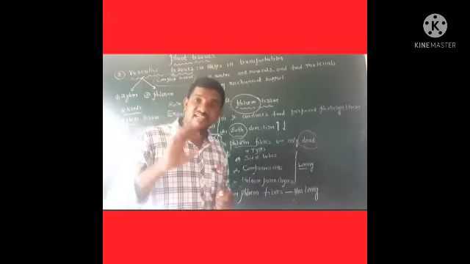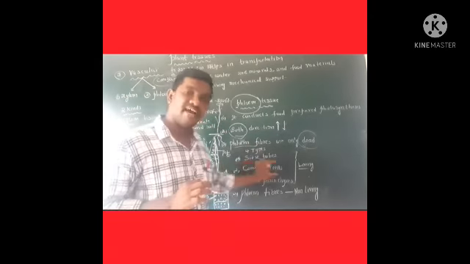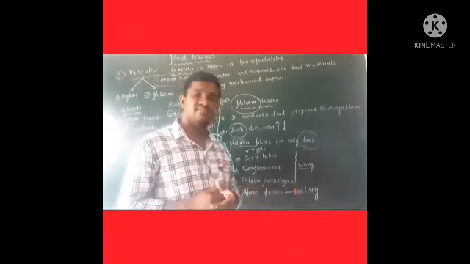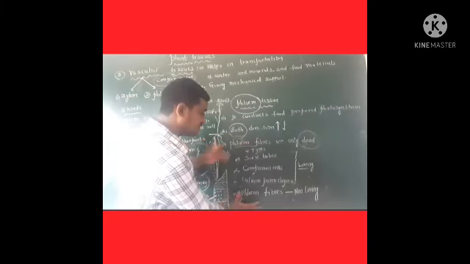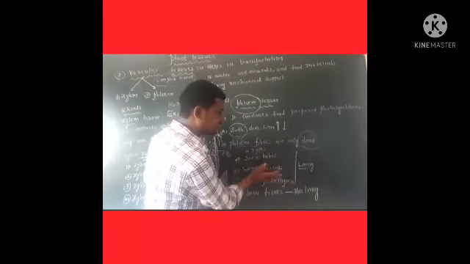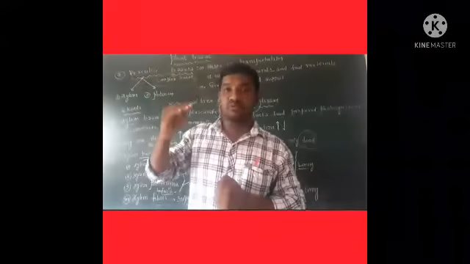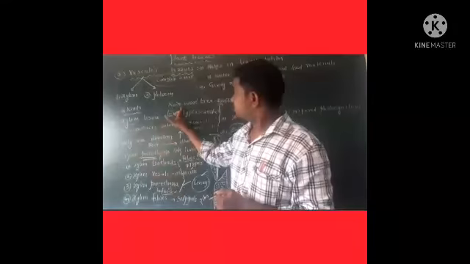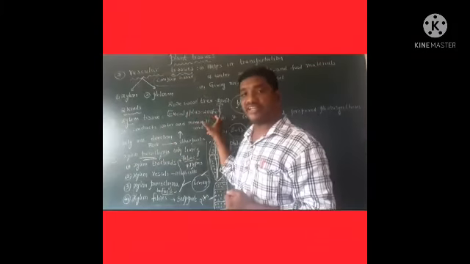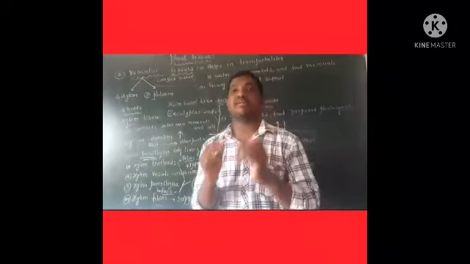Phloem tissues consist of four cells: sieve tubes, companion cells, phloem parenchyma and phloem fibers. Among these four kinds of cells, only phloem fibers are non-living. The remaining three kinds of cells are living cells. Water can move up to 330 feet in rosewood trees and up to 200 feet in eucalyptus trees. This is the topic, children. Keep it in your mind.